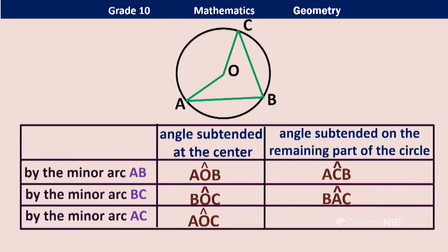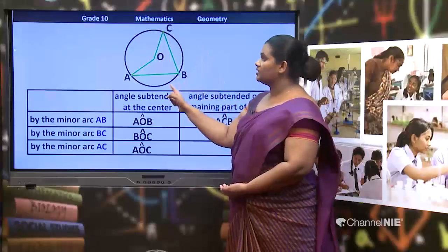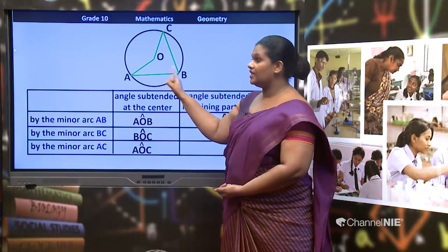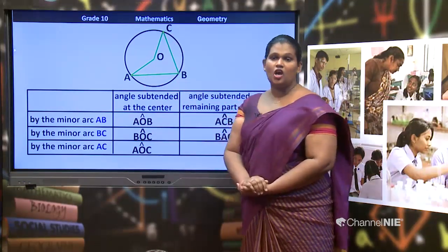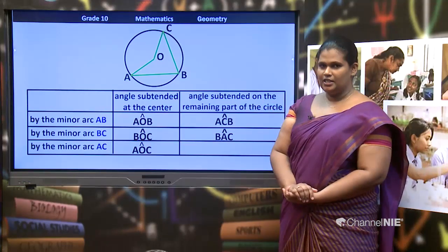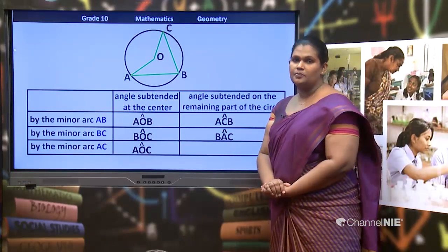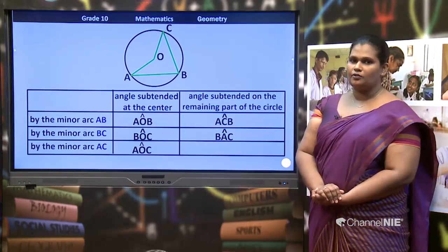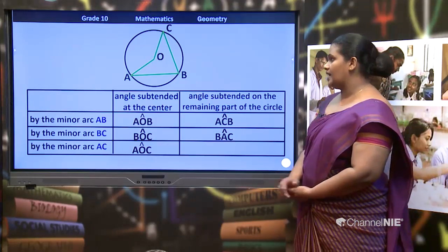Then we have to identify the angle subtended on the remaining part of the circle by the minor arc AC. As I have mentioned before, this is minor arc AC. Therefore, the remaining part of the circle should be the part other than the minor arc. Right. Now, we can observe the angle ABC is on the remaining part of the circle. So, that is the angle subtended by the minor arc AC on the remaining part of the circle. So, we can name it as angle